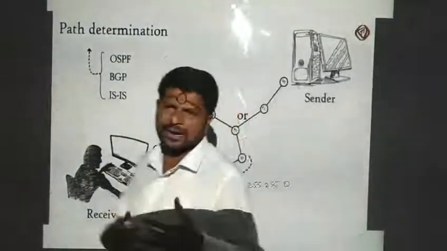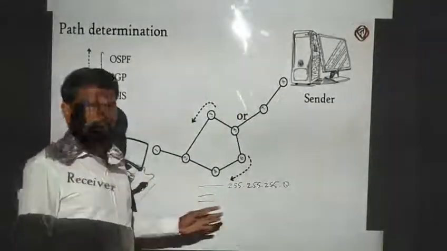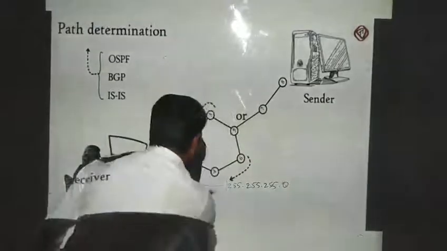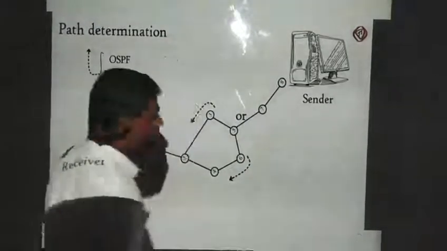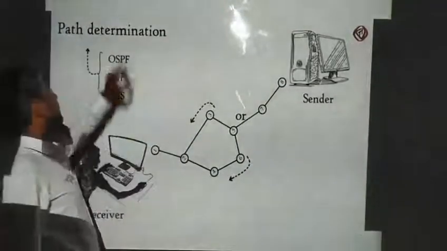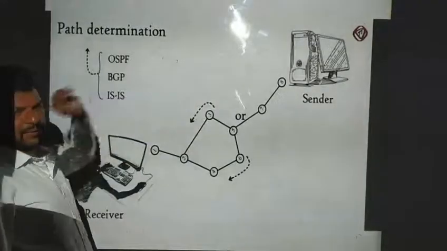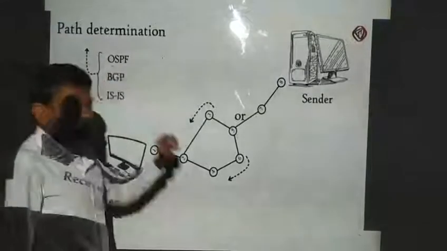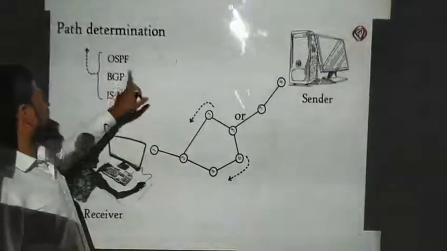Many paths will be there for data flow, but the easy path will be chosen for data transmission. These are the ways of choosing data transmission: OSPF, BGP and